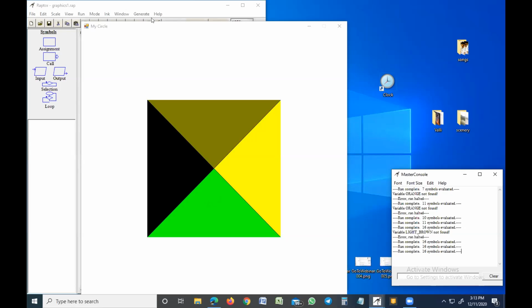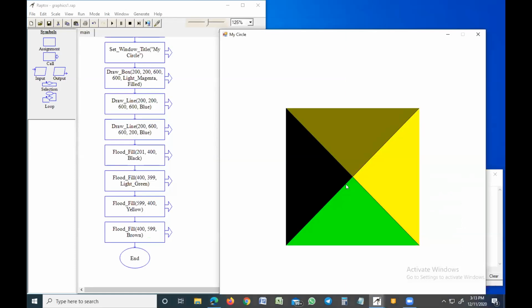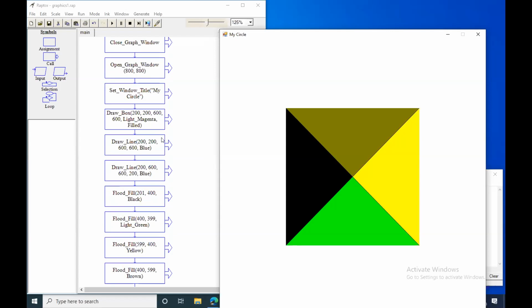Based on experimentation, we can find out. Sir, for flood fill, if we take 400, 400, which color will it take? The line color, sir. Yes. Oh, okay, sir. The line, 200, 200. Okay, you have done it much better. That's fine.